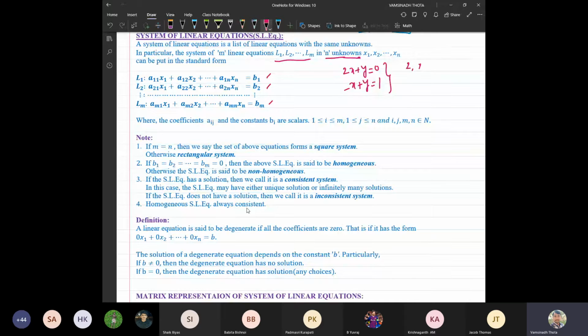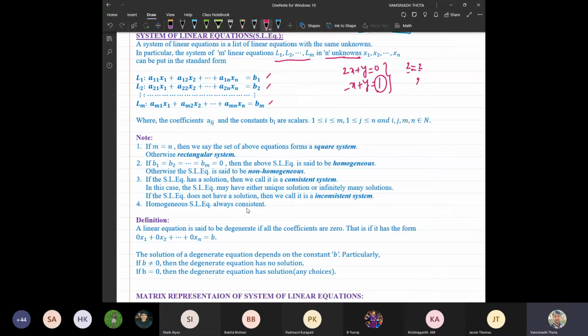I have given two equations in two unknowns. Remember that. Since the number of equations and unknowns are the same, this system is called a square system. Is it a homogeneous system? No, it is not, because if you look at the second equation, the constant term is a non-zero number. So it is a non-homogeneous system. Whether it will have a solution or not, since it is only two variables, you can cross-check the coefficient matrix, and the determinant of the coefficient matrix is non-zero, and hence the solution will definitely exist. In fact, it is unique in this case.